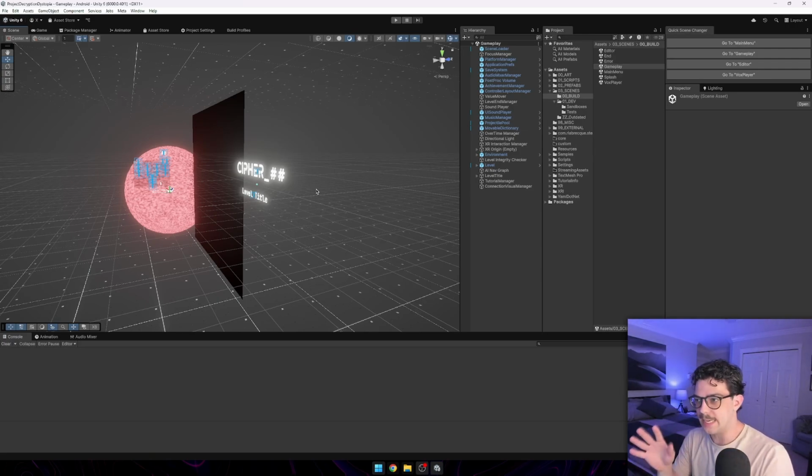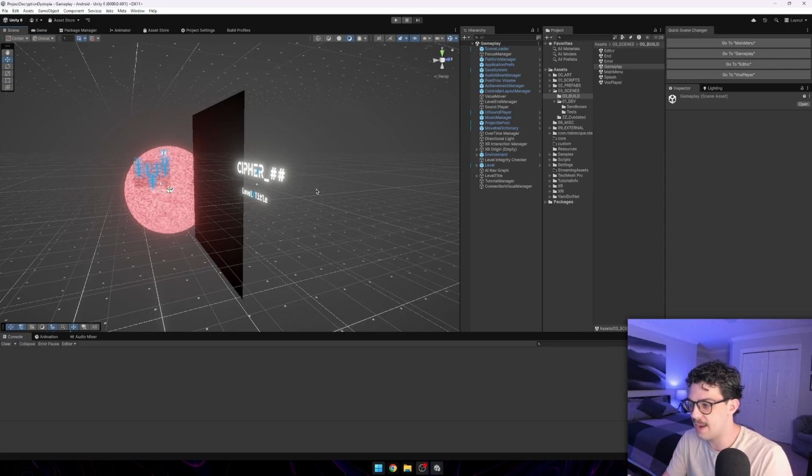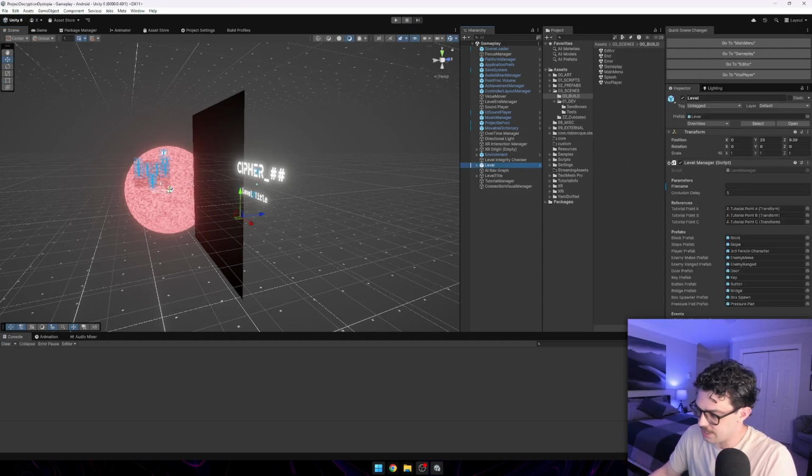I knew right from the beginning that I wanted players to be able to make their own levels as a core part of the game. So I started with that at the very beginning of the project and implemented it so that the gameplay scene is basically empty of actual level stuff, and the level manager here will instantiate everything on Awake based on